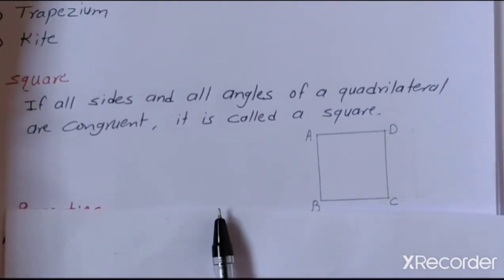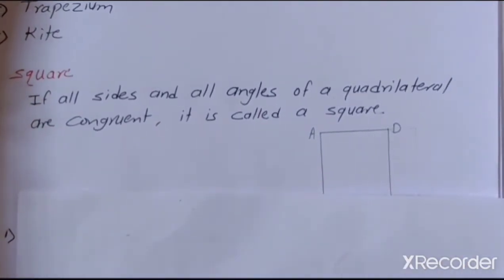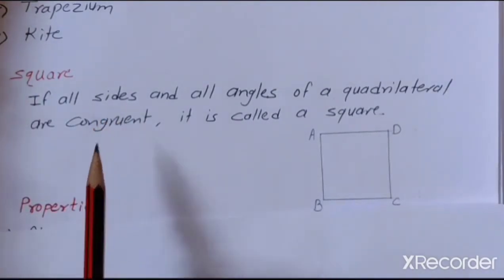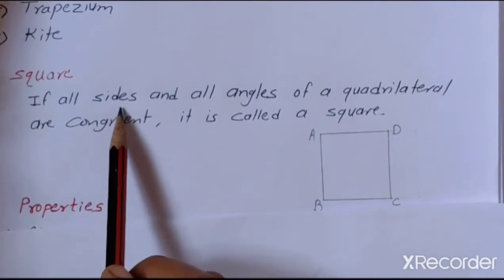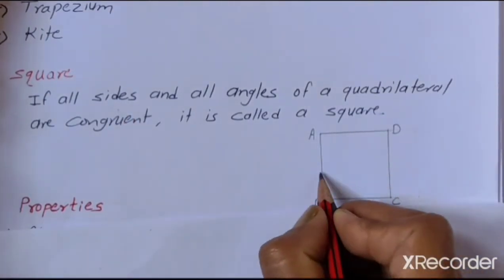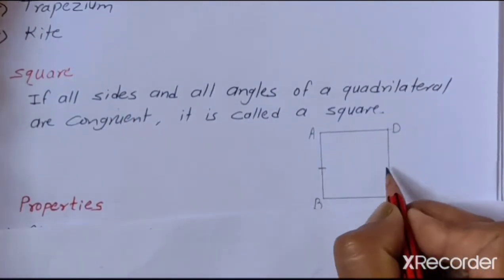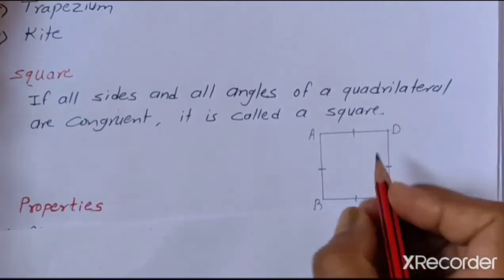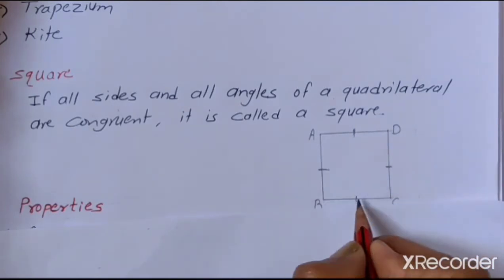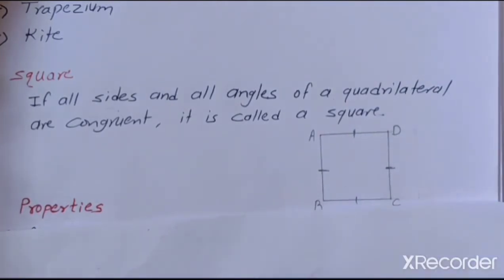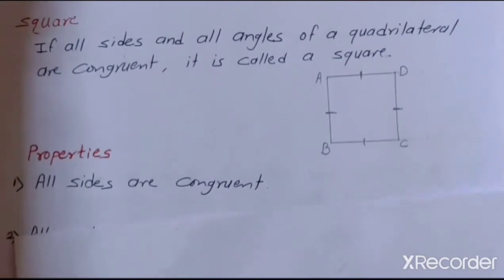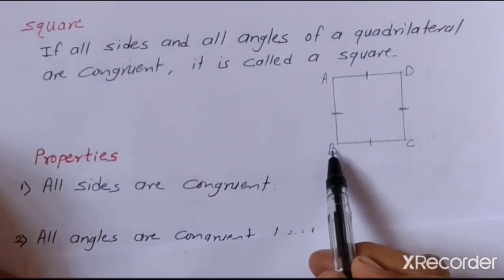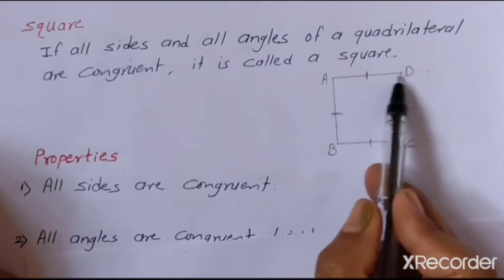Suppose here I take one rough diagram. First let's see its first property, side. If you consider its sides, all sides are congruent. So here I mark the sides which are congruent with this mark. Therefore we can say that all sides are congruent, so the sides AB, BC, CD and AD